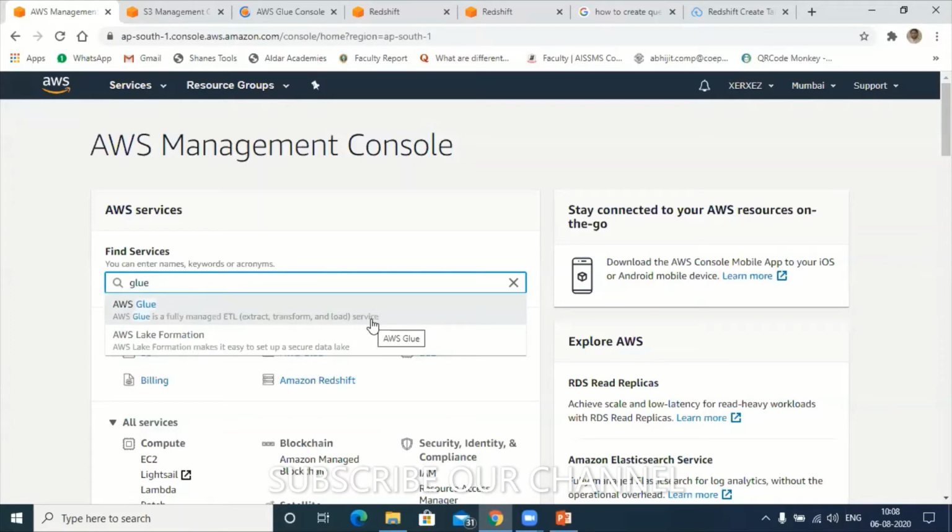Let us say we have Athena. In Athena also we can use it. From Athena we can transfer the complete data to other software for data analysis, let's say Tableau. BI tools like SPSS from IBM are there. We can transfer that data. Now, the moment you type, you can select this Amazon Glue, and it will take you to this page.